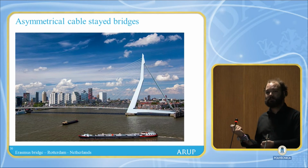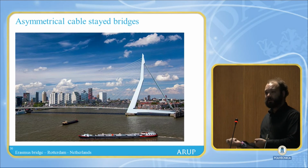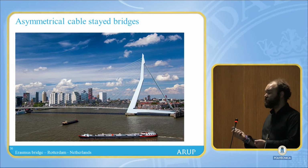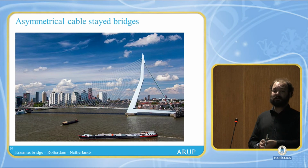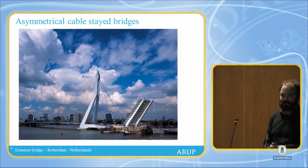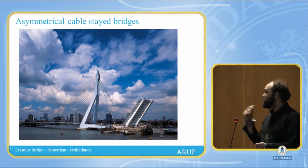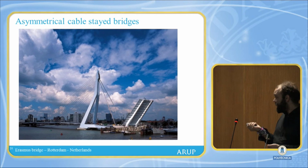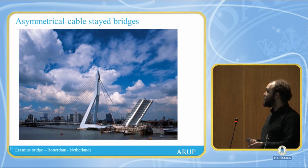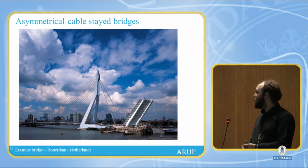And yet again, in the Netherlands, we have bad soil. So these things are quite expensive to make, the big foundation. Tension piles are expensive and have to be quite long, and to make sure you have enough weight is also usually a bit difficult. However, here they also made use of the situation because there's a bascule bridge on the side. It's in the seaport, so there has to be quite big ships passing through every once in a while. So there's a big bascule bridge for the tall ships, which means a really chunky bascule basement with a lot of concrete and a really heavy bridge, making it a very good counterweight, solving your problem of your backstays while using the